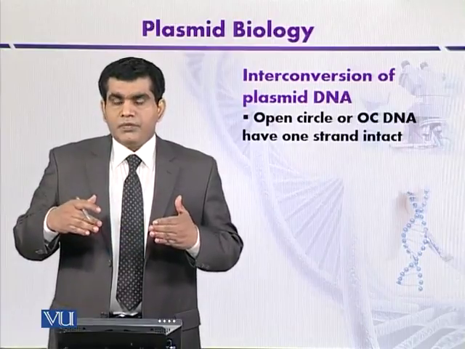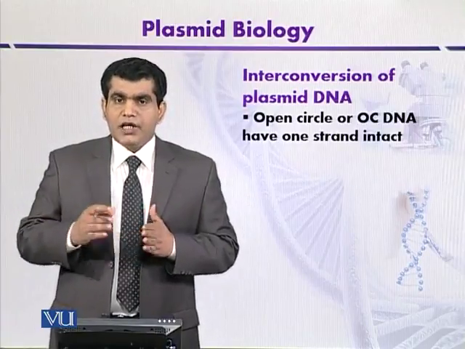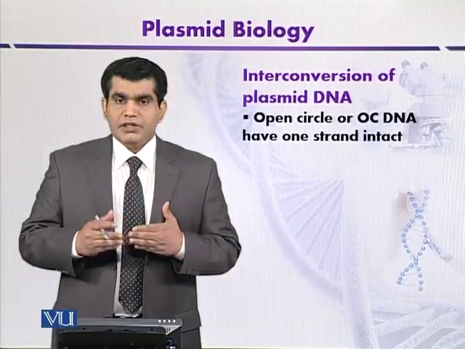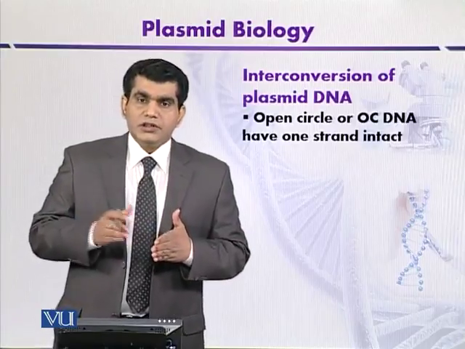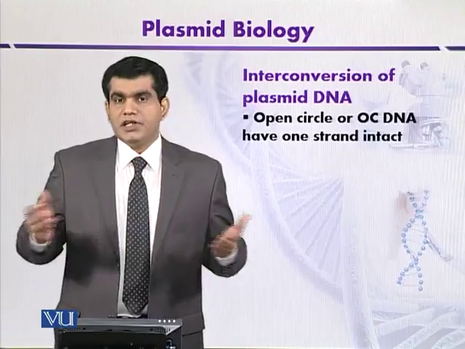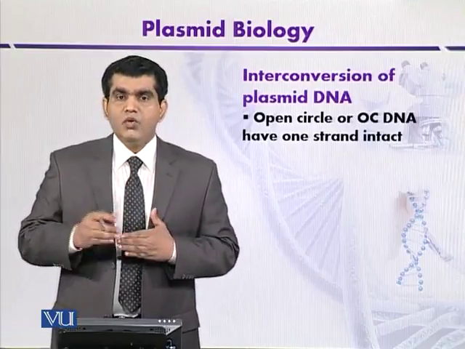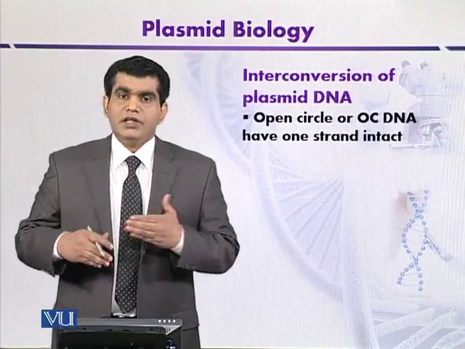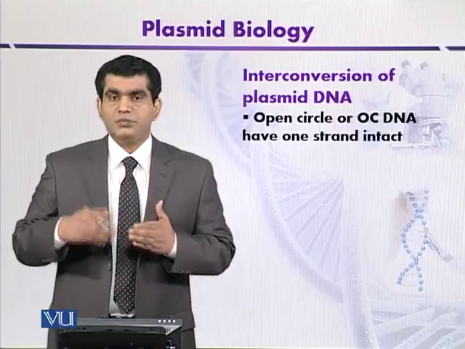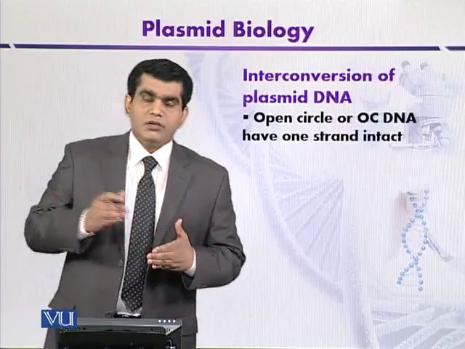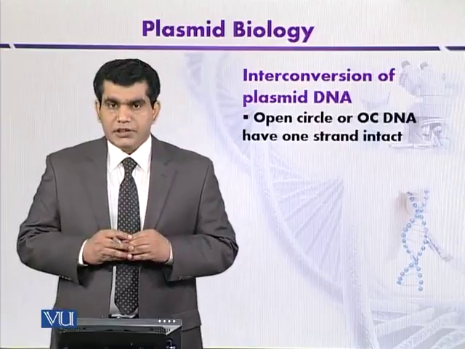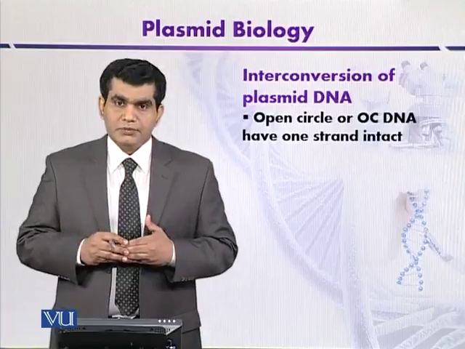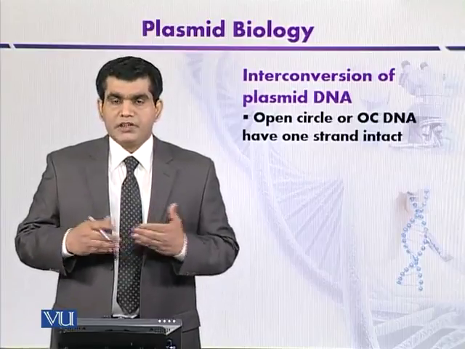So there are different types of enzymes that can interconvert supercoiled DNA into covalently closed circle DNA, that is cccDNA, or open circle DNA, that is OCDNA. And this interconversion of supercoiled DNA into covalently closed circle DNA or open circle DNA is mediated by different types of enzymes. Briefly, I can explain that